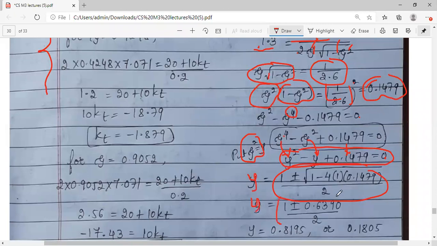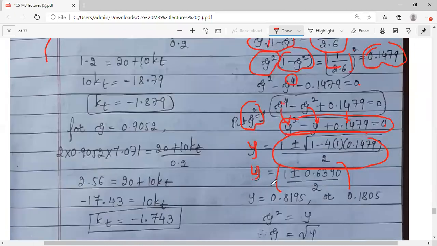So find the value of y. Obviously this is a quadratic equation in terms of y. For zeta, 4 roots will come. However, y has got two values, you can see I have got two values. Simplify this, 1 plus divided by 2, 1 minus divided by 2. Two values you will get. The value of y is this, but what is y?